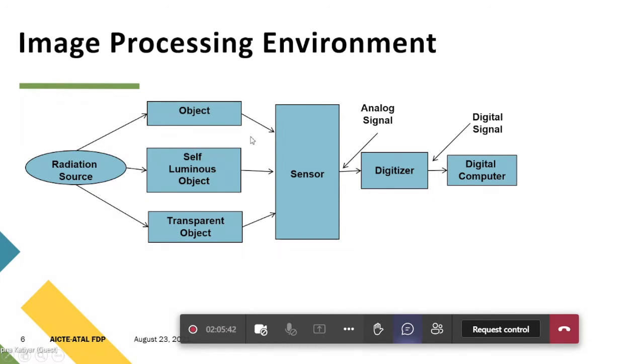In the first case, when you are looking at the object, you are able to click its picture. That process is done with the help of the sensor. The sensor is able to capture and convert that image. The overall function is done. Now, whatever information or image is available is analog in nature. In the simple case, you have clicked a photograph of a car, and it is available in analog form. That is your analog signal.